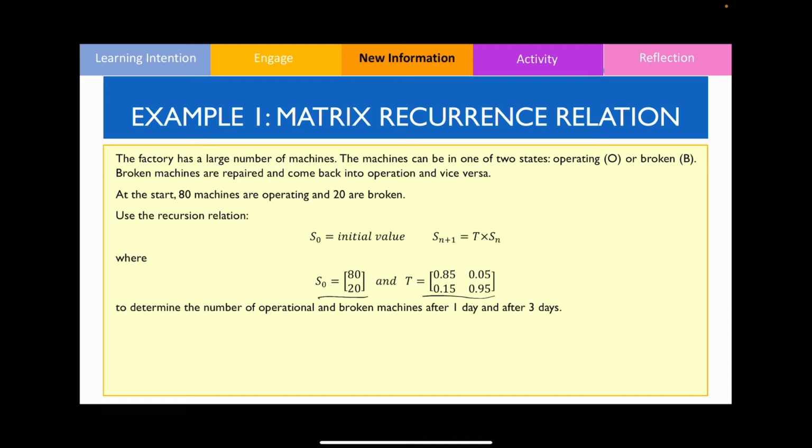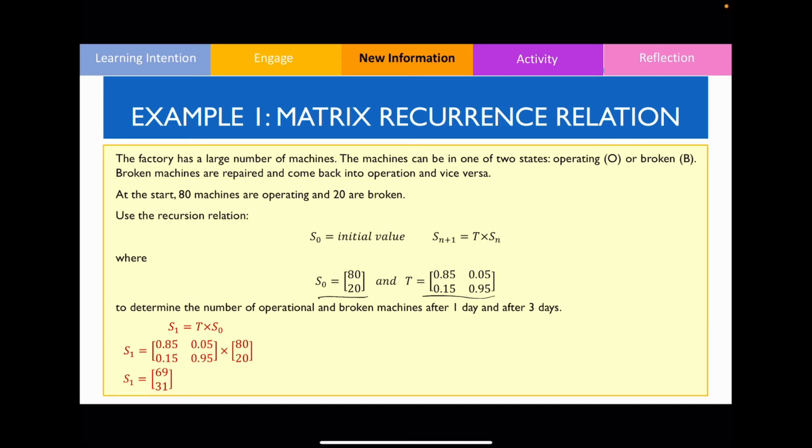and after 3 days. To find out the number of operational and broken cars, essentially what we need to do is find out the value of S1. So S1, remember, can be found by going transition matrix multiplied by the initial state. So if you're going to chuck all these values into the CAS calculator, this is the answer that you should